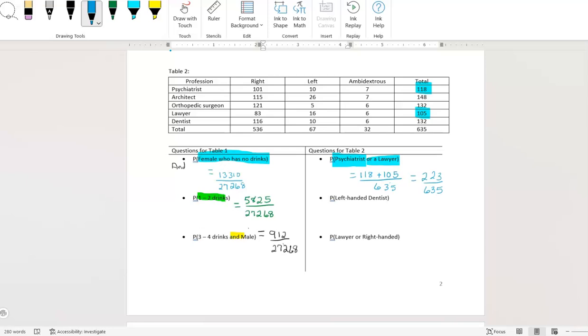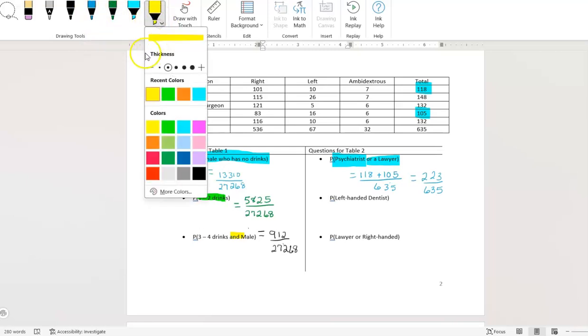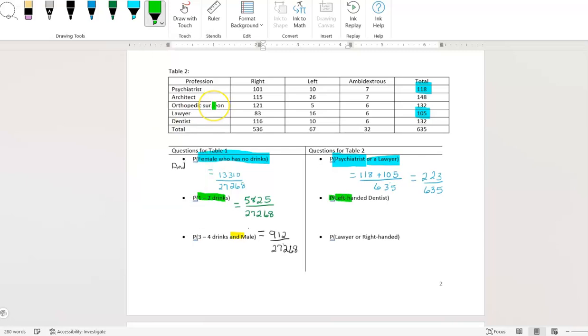This time we have left-handed dentists, so that is an and statement. So this one is a left-handed dentist, and we're implying the and here. So this is implied and it's not written. We have to know that these two things are happening at the same time. So a left-handed dentist is going to be 10 out of the total. So this is equal to 10 out of